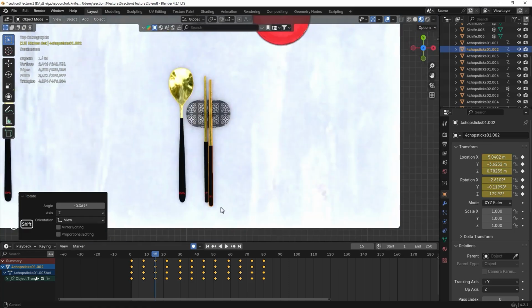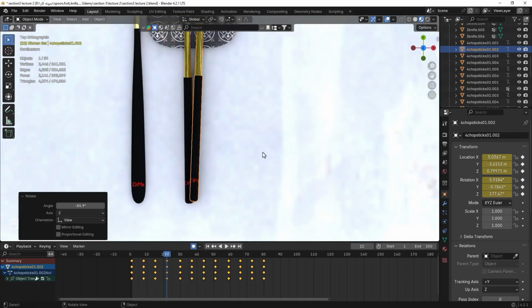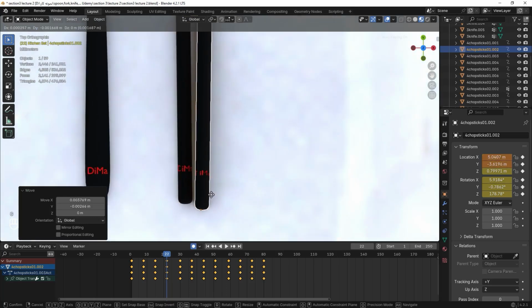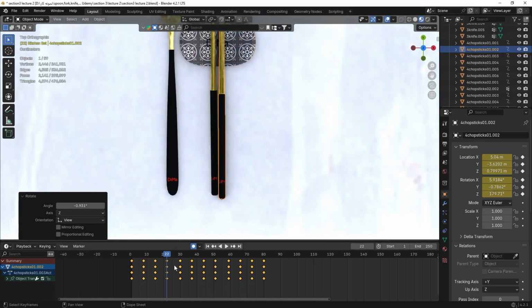We also do this method and movements and rotations for frames 22, 30 and 37 in the same way as before,